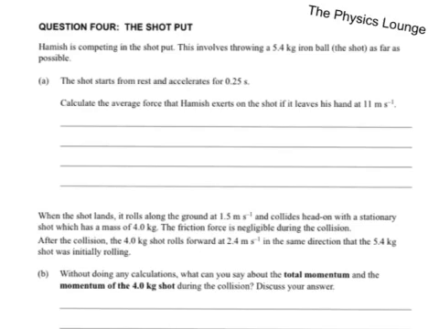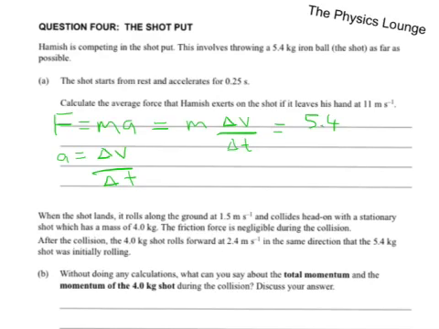Okay, this could be a wee bit confusing, but it basically comes back to F equals ma. And we know the acceleration is the change in velocity over the change in time. So we could rewrite F equals ma as F equals m times change in velocity divided by change in time. So all of these factors: 5.4 kilograms, 5.4 not 54, times the change in velocity, which goes from rest and accelerates to 11 meters per second, so 11 is the change in velocity, divided by the time